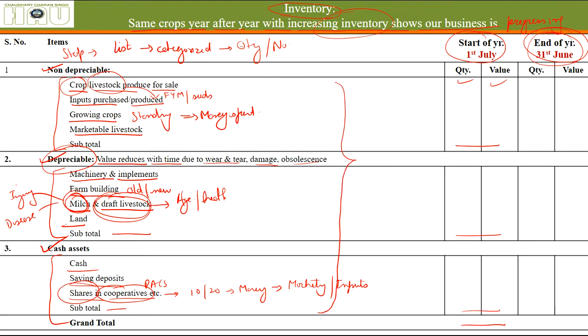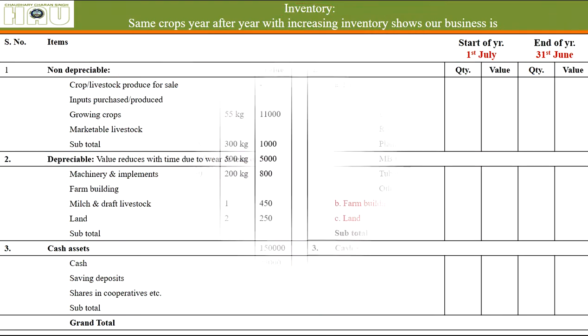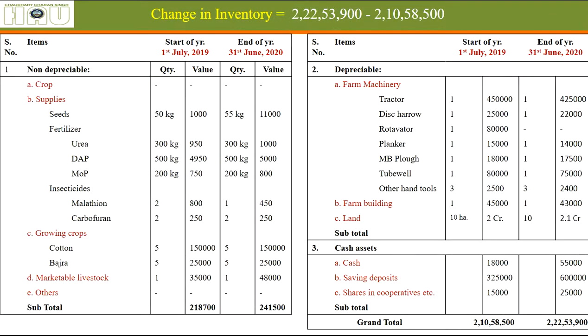See, the list is not exhaustive. That means it does not include each and every item. It can vary according to farm needs and the assets present on it. Different types of farms will have a different inventory sheet. The number of items will be lesser or more. So right now we have discussed the quantity. Now we want to know how to get to the value of the different items that are classified on this sheet. Let's just take an example first.